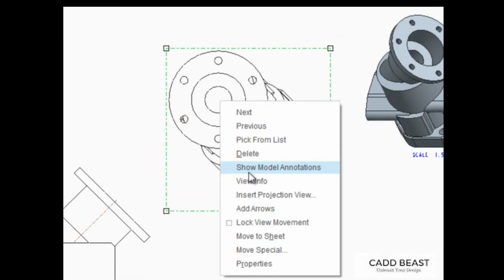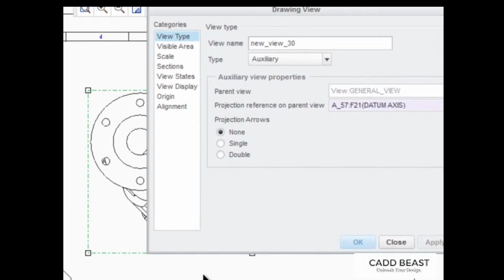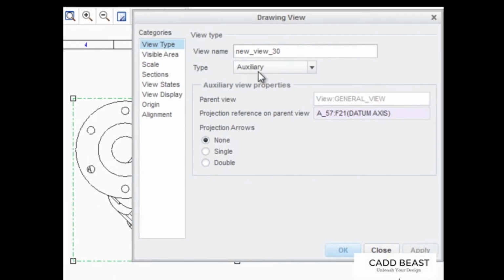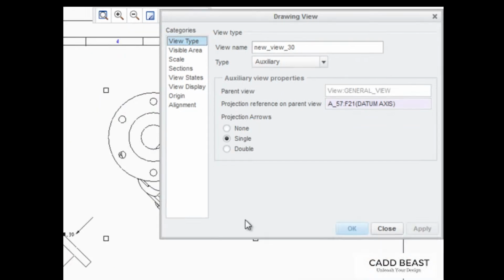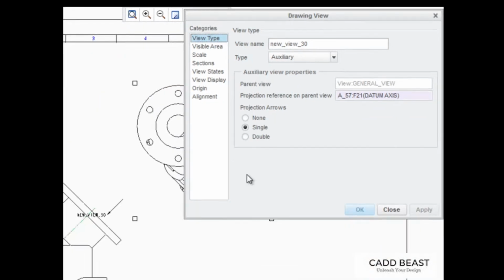Properties of this view, we can see that the view type is auxiliary. The parent view is named General View, and the projection reference is a datum axis. Also notice that the projection arrows option is set to none. Change this to single and click Apply to see a single projection arrow added to the drawing. Change the option to double and click OK to add a double arrow projection